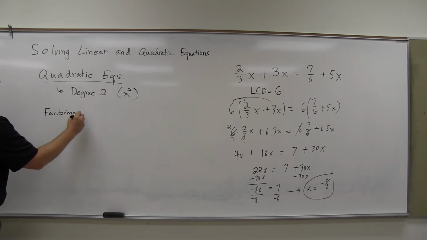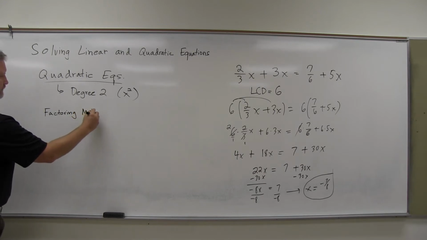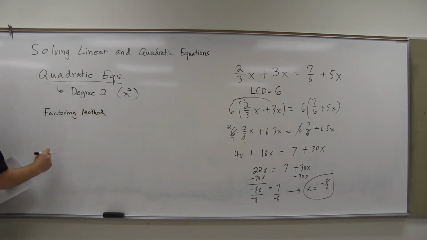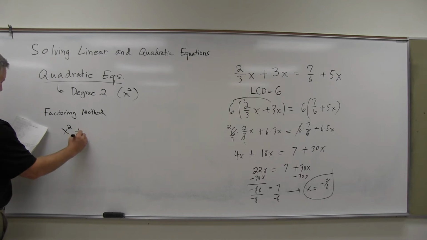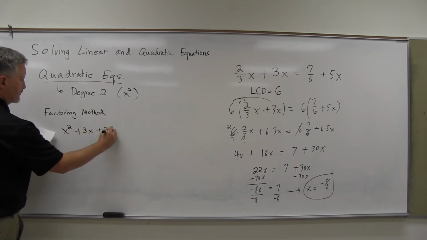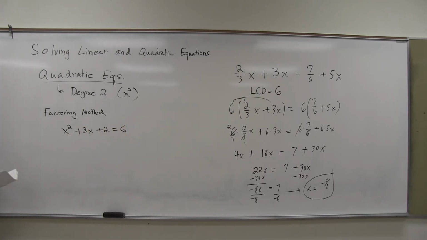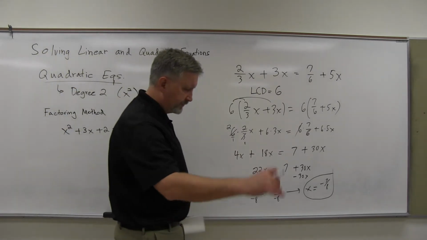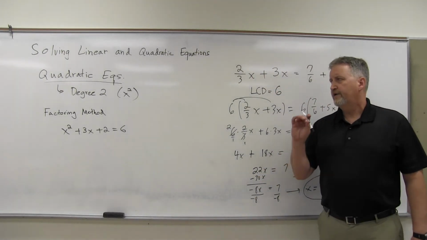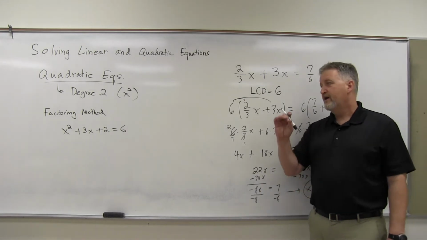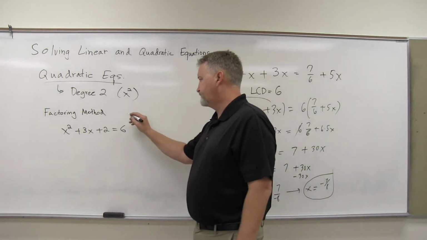Factoring method to solve these quadratic equations. And as the name suggests, we're just looking at trying to factor on one of our sides here. Okay, now, the first rule in the factoring method is that to utilize it, one side has to be 0, and